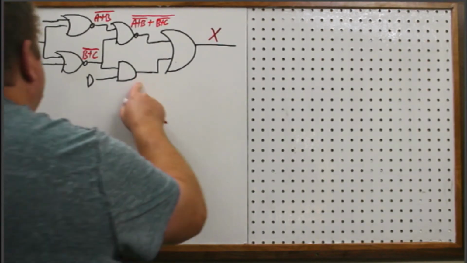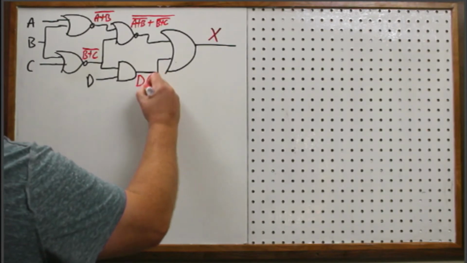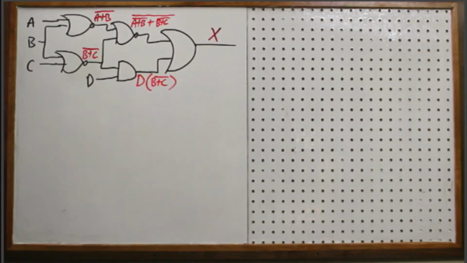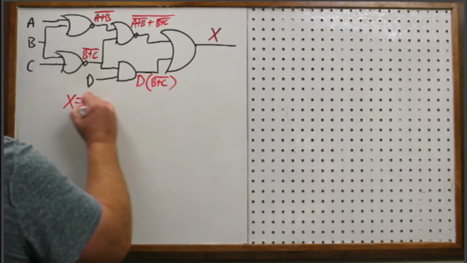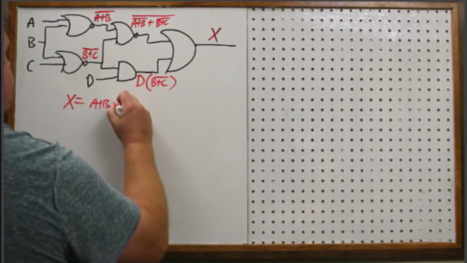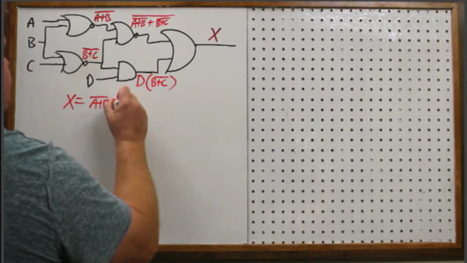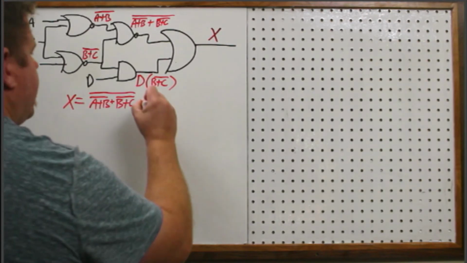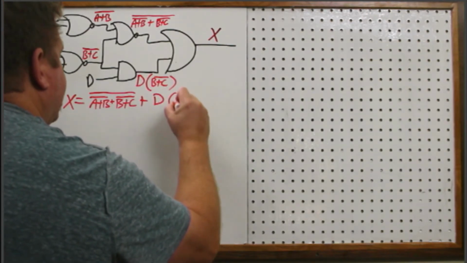Out of this one, I take the D and AND it with this. So this is D and the NOR of B plus C. And so then finally I have an equation that looks like this. X equals that, and that with a plus in between, and then plus, because this is an OR, D times